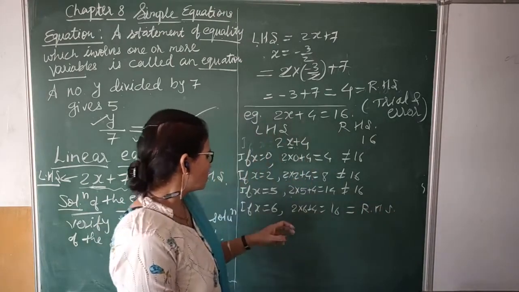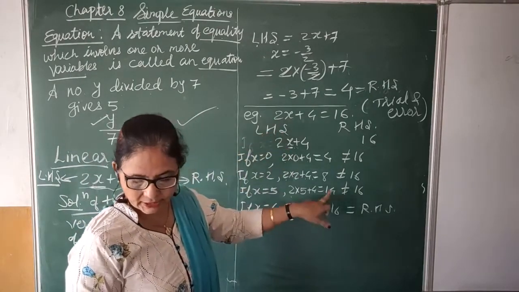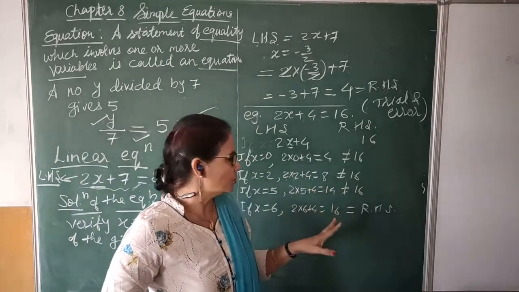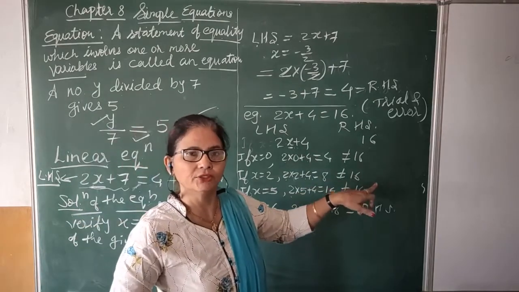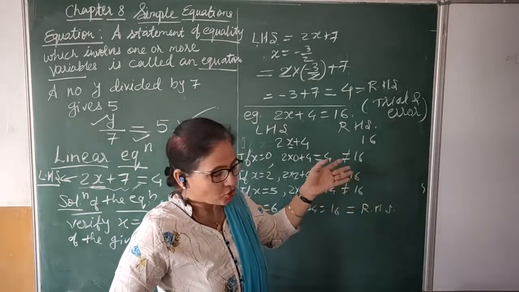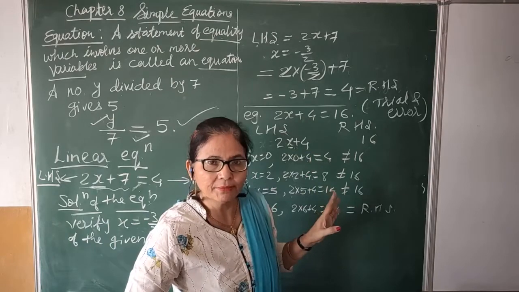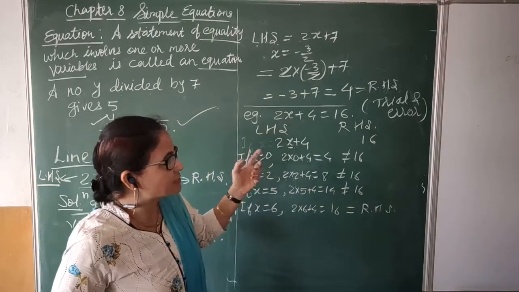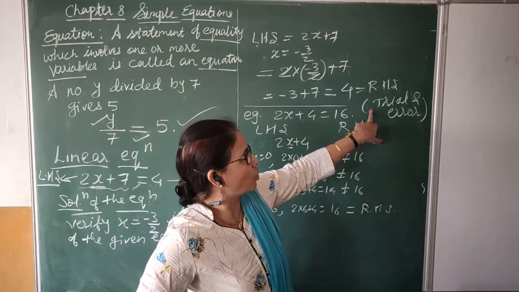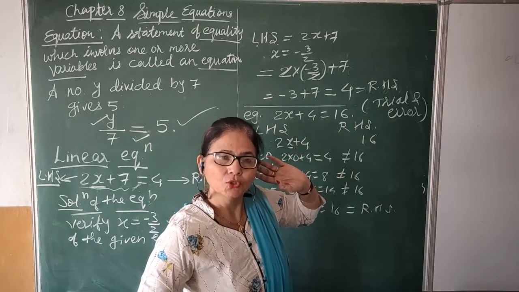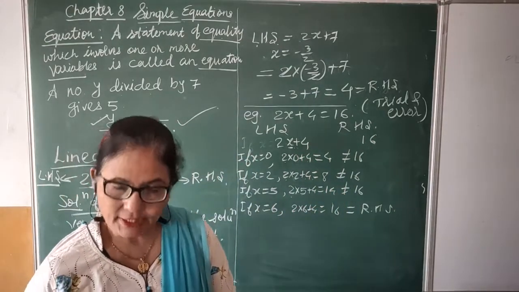Yes, right hand side. So when x equals 6, you put it in the left hand side and you are getting the right hand side. So what does it show? It implies that x equals 6 is the solution of the given equation. Solution means answer. Okay. So this trial and error method is what? Time consuming. It takes time because we don't know for what value it will satisfy the equation. Okay. So this is how we can solve sums based on the trial and error method. If the heading is use trial and error method, then you have to use this. Okay. Now let's start the exercise.